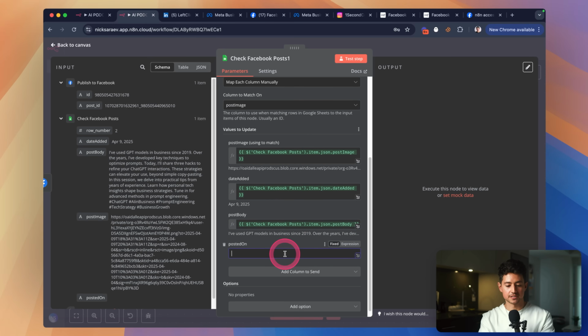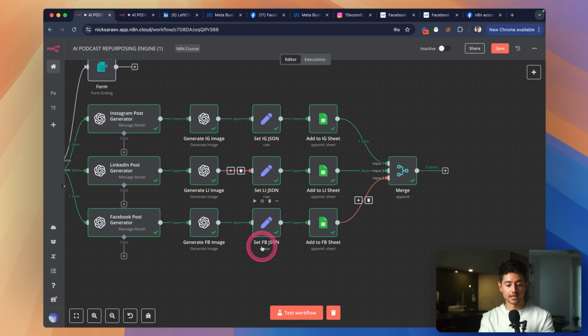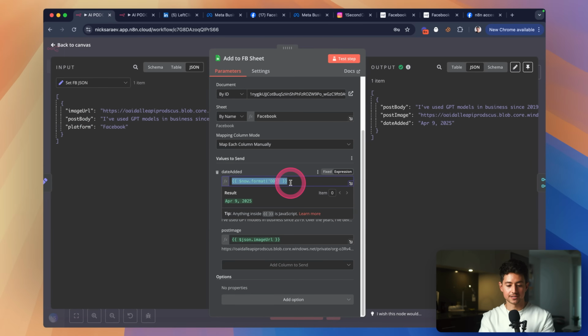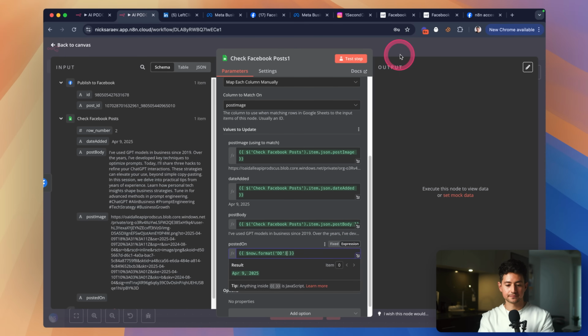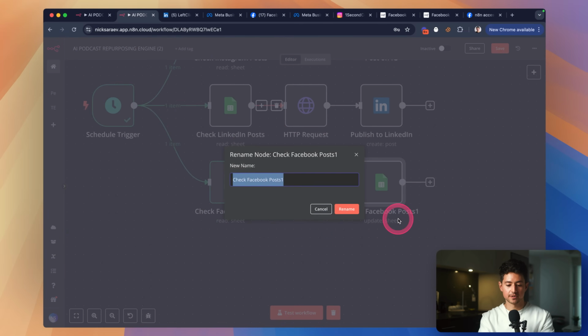So I'm just going to map the rest of these fields in. And I'm only going to update posted on so that it doesn't show up in the next search. So how do I do that? I'm just going to go back to the formula where I got the exact formula for posted on. There you go. Change that to an expression. All right. And then instead of check Facebook post,